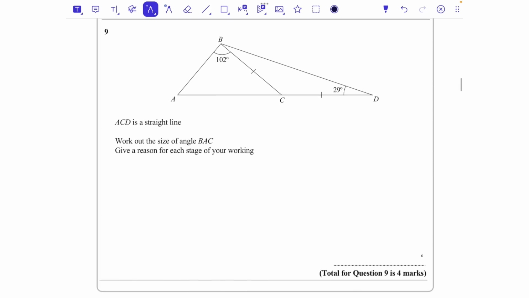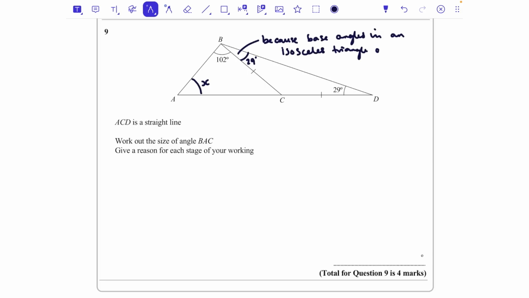Question number 9. ACD is a straight line. Work out the size of angle BAC. Give a reason for each stage of your working. So I'm going to pop an angle here and just say that this is x. This is what we're trying to work out. Let's start by looking at these little lines here. These little lines mean that they are the same length, and that means that this triangle over here is an isosceles triangle. So I know that this angle up here would also be 29 degrees. 2 equal sides, 2 equal angles, and I'm going to say because base angles in an isosceles triangle